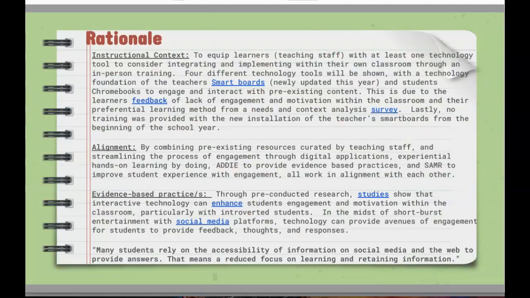Okay, so your rationale. So the instructional context to equip learners with at least one technology tool to consider integrating and implementing within their own classroom through an in-person training. 4 different technology tools will be shown with the technology foundation of the teacher's smartboard, newly updated this year, and students' Chromebooks to engage and interact with pre-existing content. This is due to the preferential and students' Chromebooks to engage and interact. This is due to the learners' feedback of